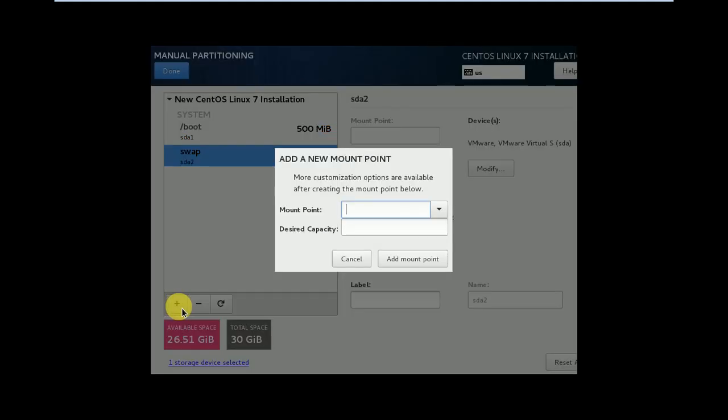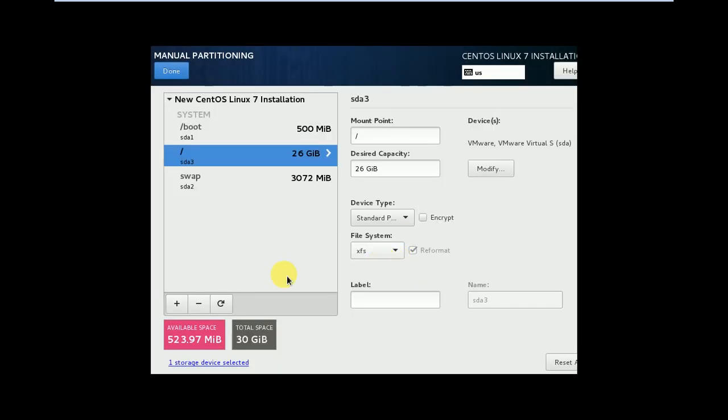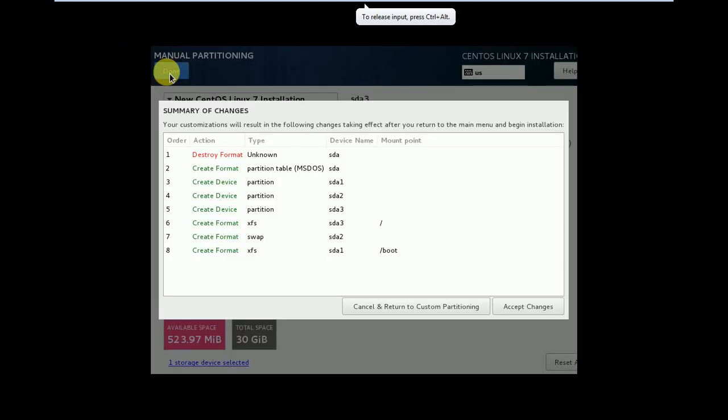So I am giving the mount point as slash and 26,624 here, and add mount point. Yes, how much left? This is 523.97 MB. It's okay, no problem. And next click on done.